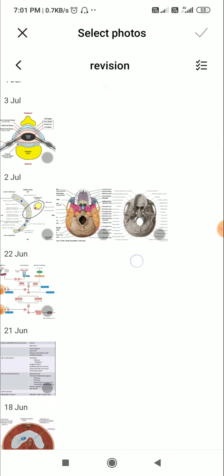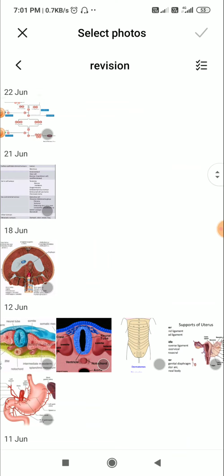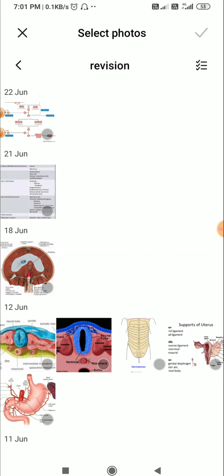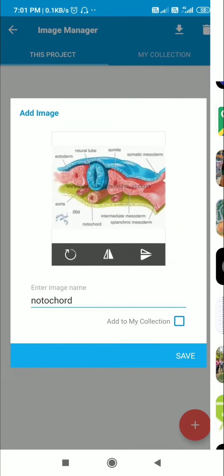So I will be adding this image. Okay, now let's select this and add this.